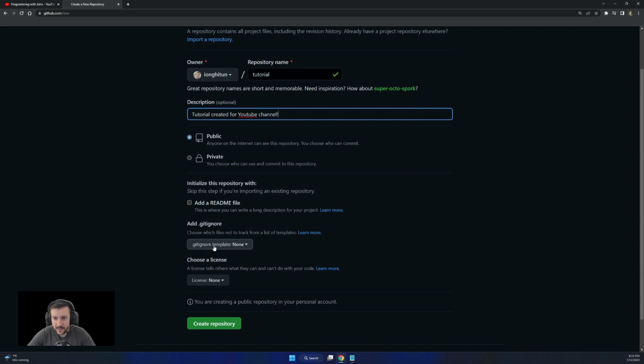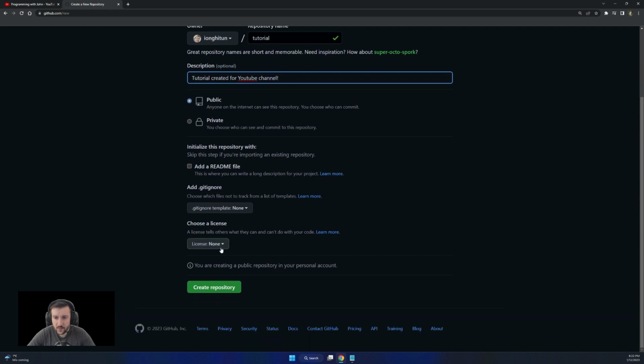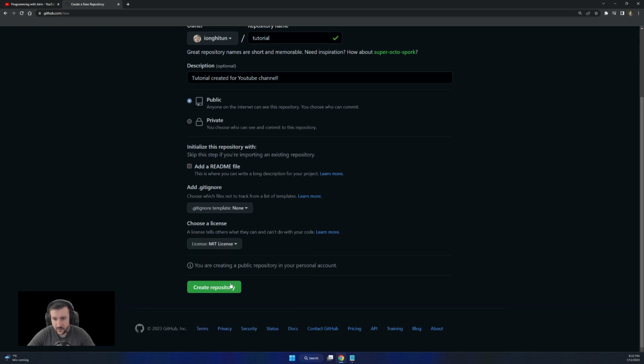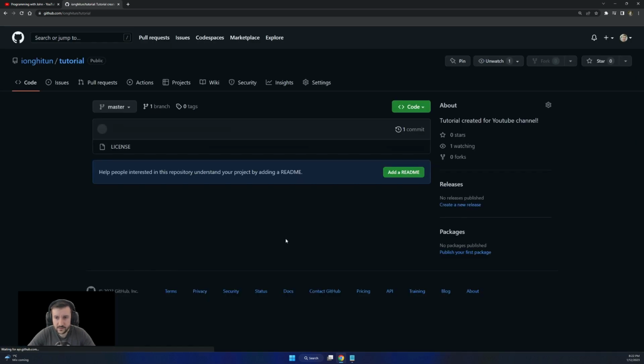Okay, it will be public, and we want to add the license, so MIT license. If you want to learn more about this, you can search, and that will be the settings. We create this repo, so we have a commit with that license and the repo created.